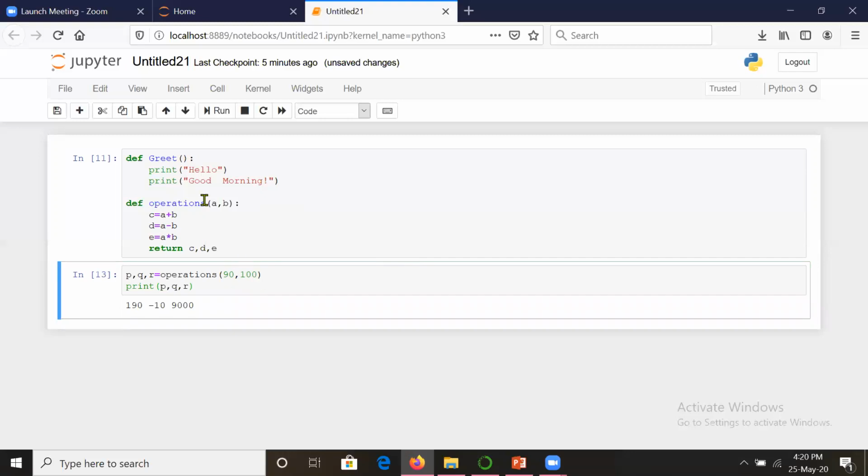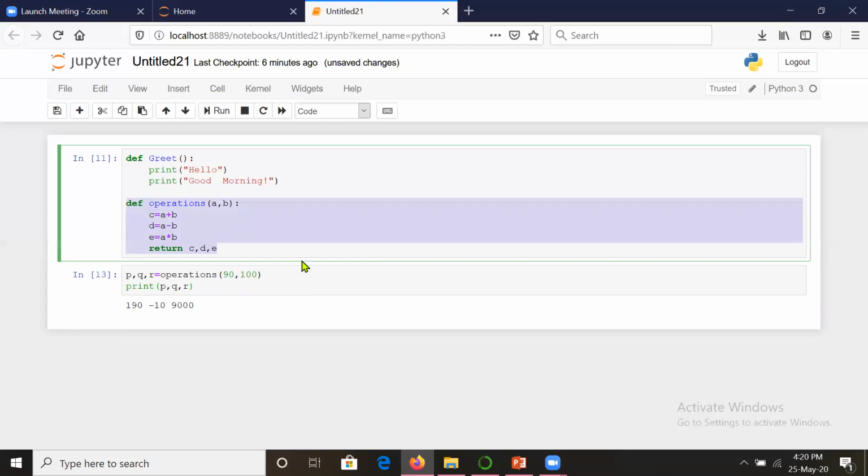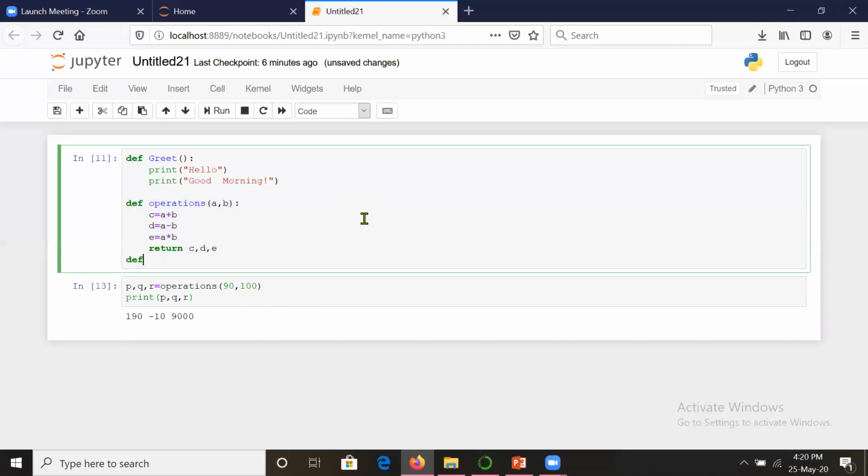So you can see here, this way I have done the operations. So many operations you can perform there, and many multiple values. This is the beauty of Python, that it can return multiple values. This way, many of the times, suppose there is one function. Suppose we have a function def connect.